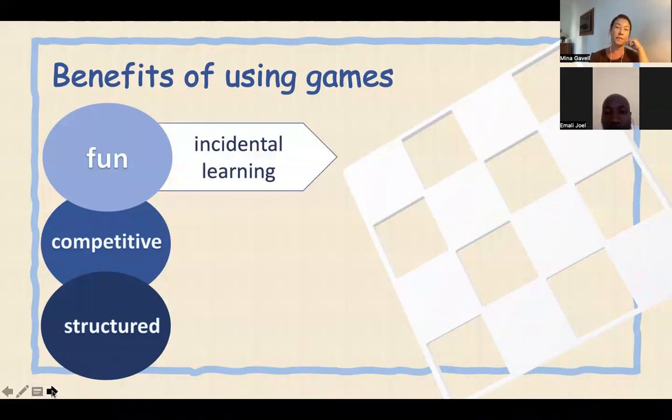Because when we are having fun, this helps support incidental learning. Incidental learning is the kind of learning that happens when we're not trying to learn something. So for example, maybe you watch a really interesting movie or you read a really interesting book and you're not trying to learn anything, you're just enjoying yourself, you're just being entertained. And then after you are,